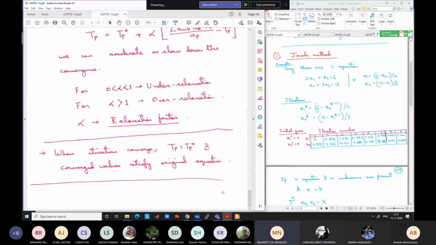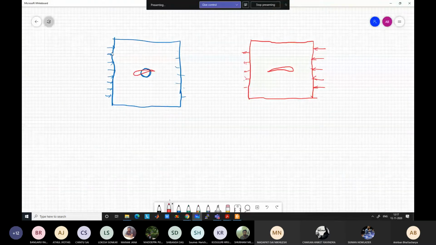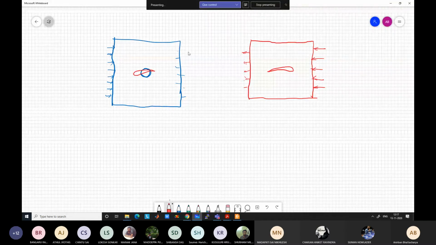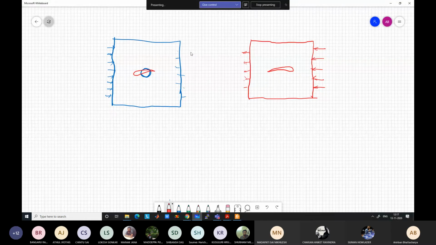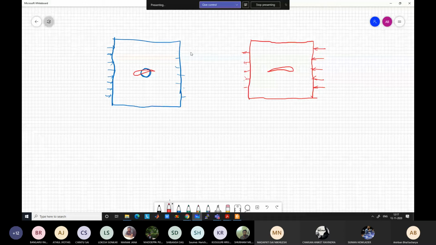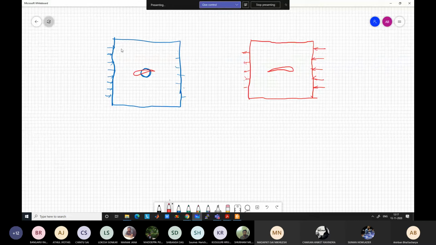Okay. A bad initial condition in this problem would be that the boundary condition velocity is 1 meter per second, but at all the grid points I am taking minus 1 meter per second, meaning my initial condition is in the opposite direction. That is a bad initialization. Okay, that should still work, but the rate of convergence will be much slower. It might be difficult to get convergence. Okay. And if nothing is known, it is better to take 0 or 1 or something like that.